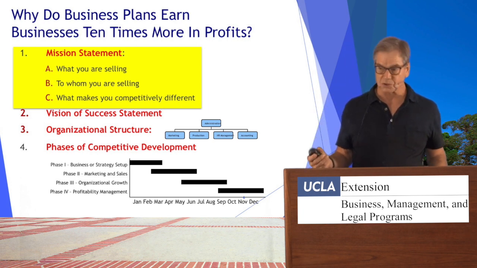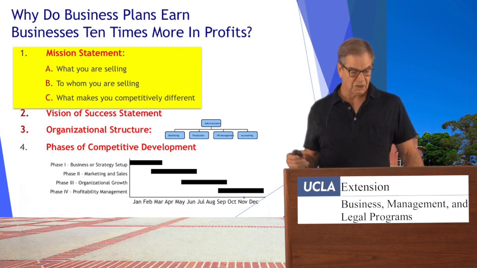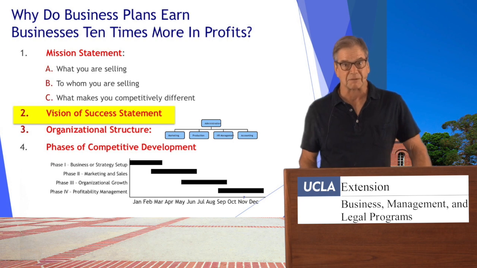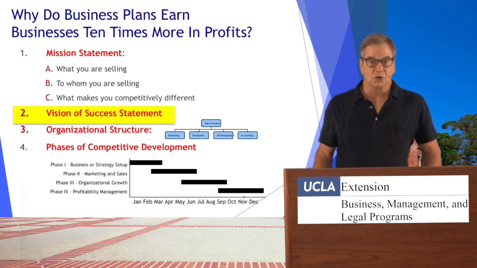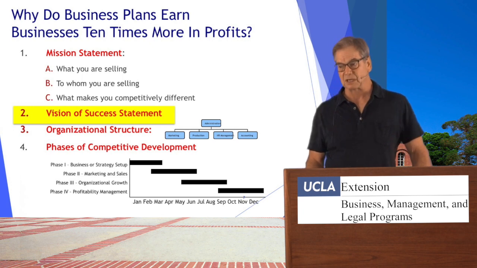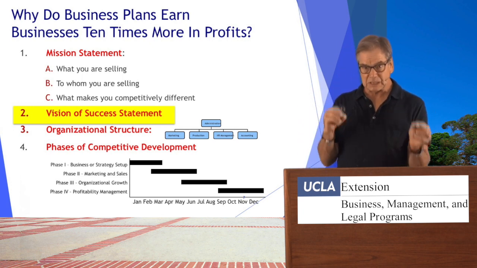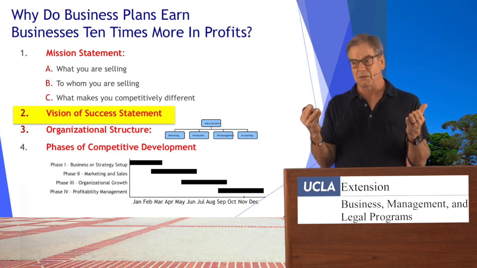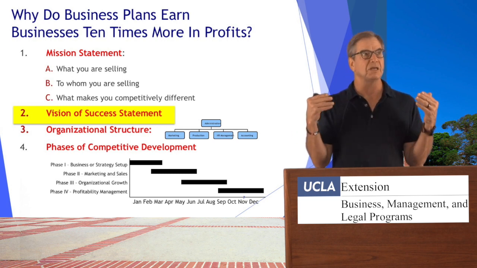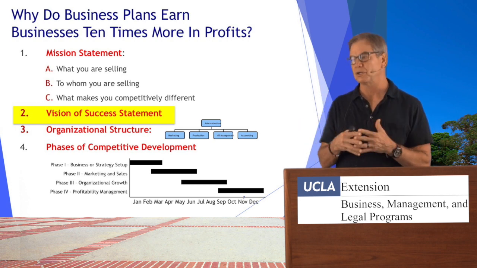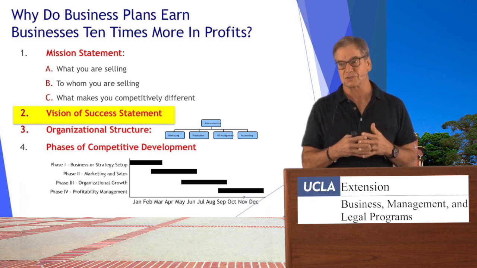The second reason why businesses earn 10 times more in profit than others is that they've developed a vision of success statement. If you don't know where you're going, you won't know when you get there. So a vision of success statement, what makes it different than a mission statement is that it pins down the economic objective. There's got to be a number in here: market share, number of employees, number of facilities,